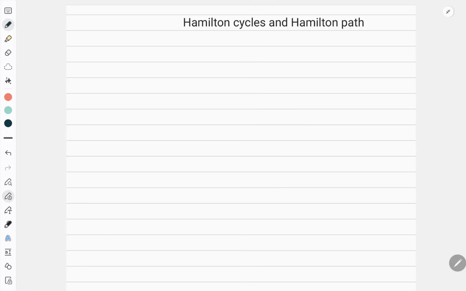When I talk about the open walk, the Euler graph comes into the picture in the sense that if I can figure out the path in it, right? Same way, when I figure out a cycle, then I get the Hamilton. Now let us discuss how.